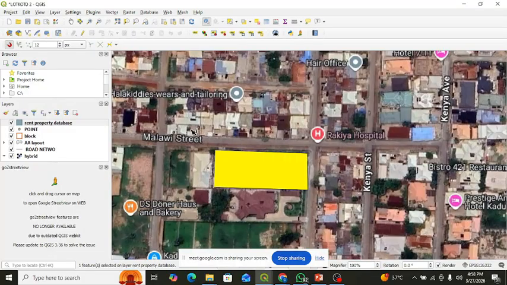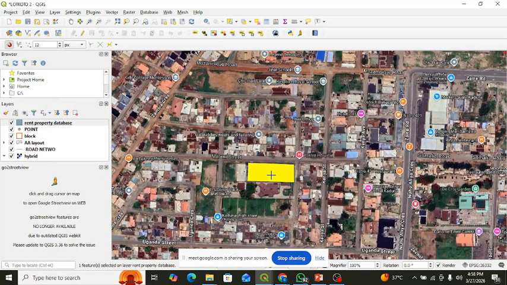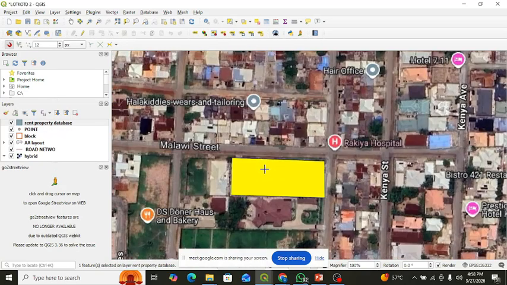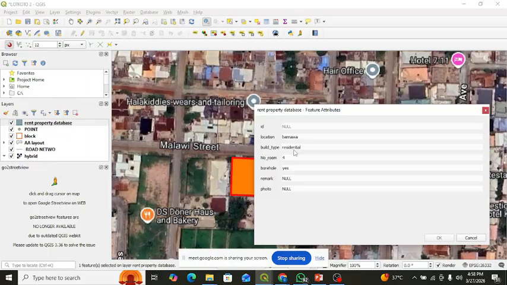Okay, so now this is the property. I can actually deselect it because it's selected now. If I select it from that place, as I rightly say, we can view the information about the property. The number of rooms is 4 bedroom, borehole, yes, this particular project has a borehole, electricity, yes,